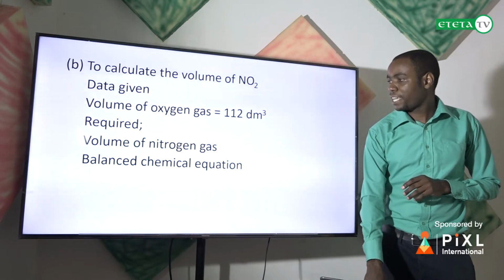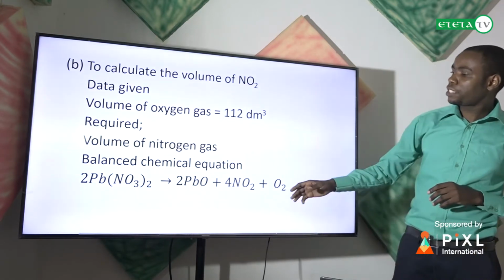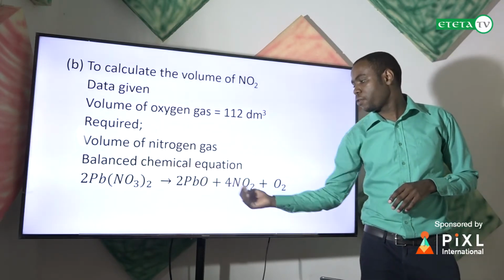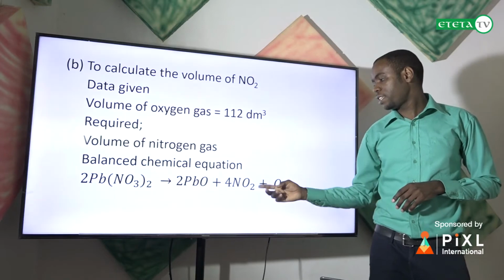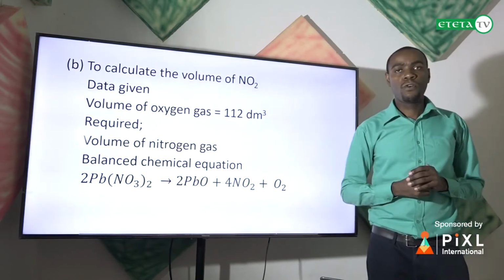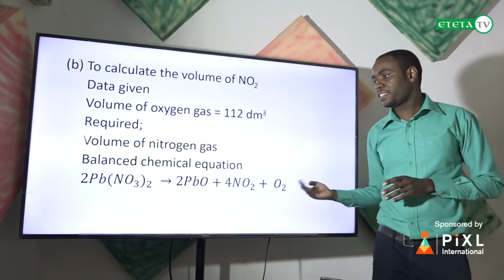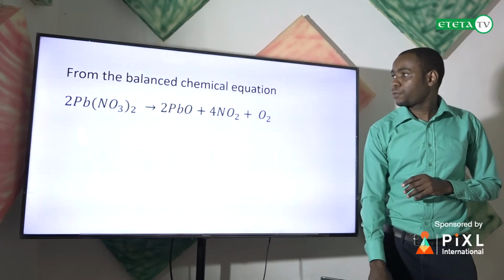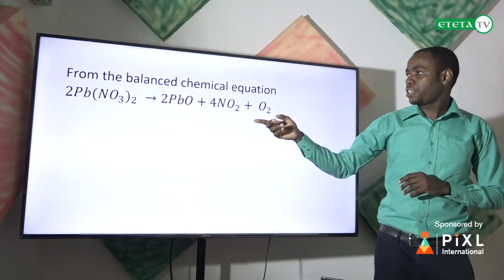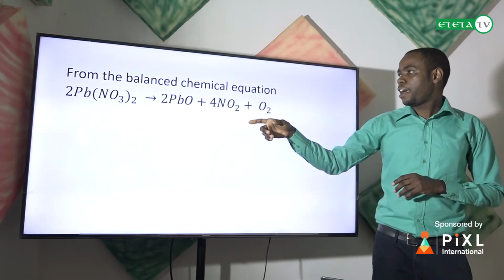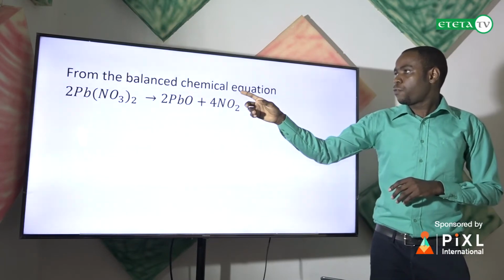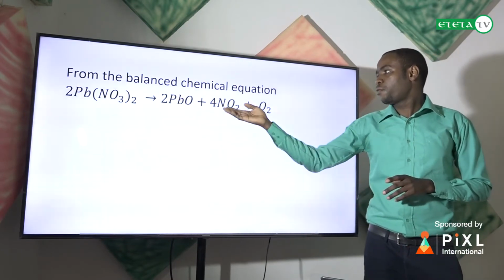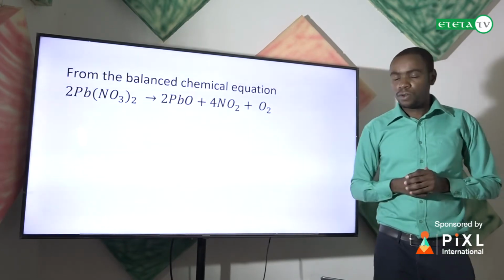Now, from the balanced chemical equation, the balanced chemical equation here shows 2 mole of lead nitrate gives 2 moles of lead oxide, 4 mole of nitrogen dioxide, and 1 mole of oxygen gas. So this is the balanced chemical equation. Now, from the balanced chemical equation, as I said, 2 moles of lead nitrate gives 2 mole of lead oxide, 4 mole of nitrogen dioxide, and 1 mole of